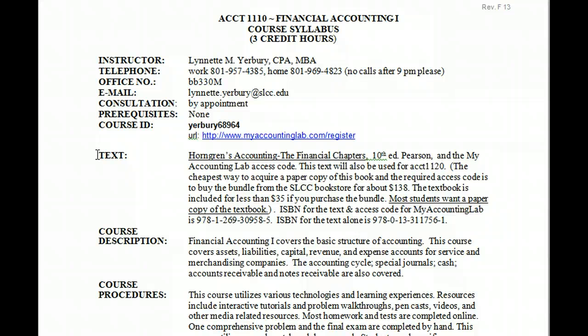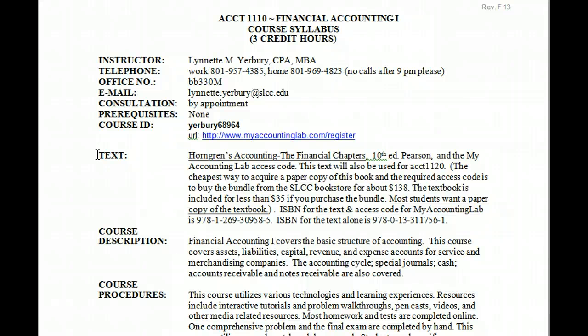I recommend that you buy the book and have the software. The software, which you need the access code for, is mandatory. That's where your homework and tests are taken, so you have to have that. But the book is very useful as well. Most students tell me that it's a more accessible experience if they have the book. You can reference the book during the tests if you own a hard copy, but you can't open a copy of the ebook while you're testing. You can't leave the test. And so it's a really nice feature.